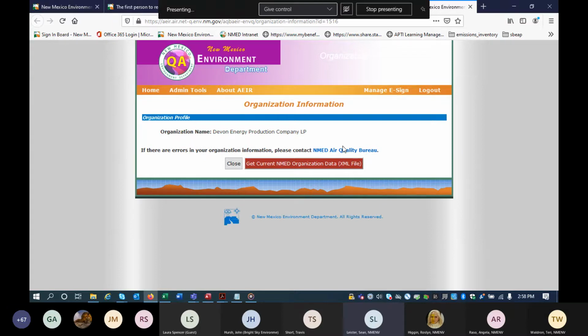So if you have a facility of one of those types, NOIs, GCP 2, 3, 5, or 6, you can go into the XML file and add that equipment yourself, either manually, which I hear is not recommended to do in an XML file. And if you can, it would be best to connect it to your database to have it done automatically. I'm not quite sure how to do that. Eric Peters might have more insight into how to connect the XML to your database.